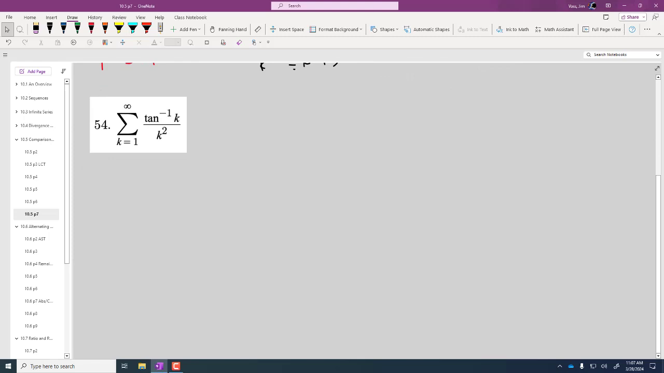Okay, let's go to this one. All right, so we know 1 over k squared converges. The numerator is climbing closer and closer to pi over 2. The denominator is going to infinity, and the numerator is trapped less than pi over 2. So it's definitely going to converge mentally. But to prove it,